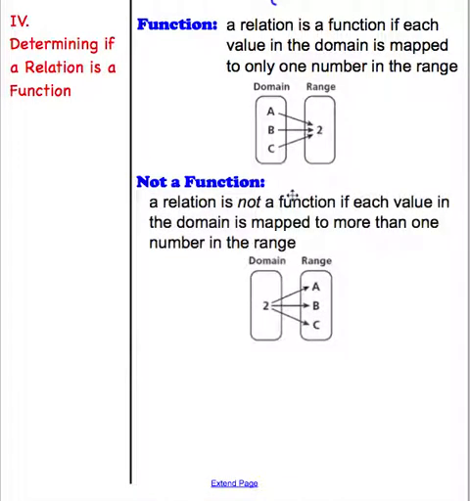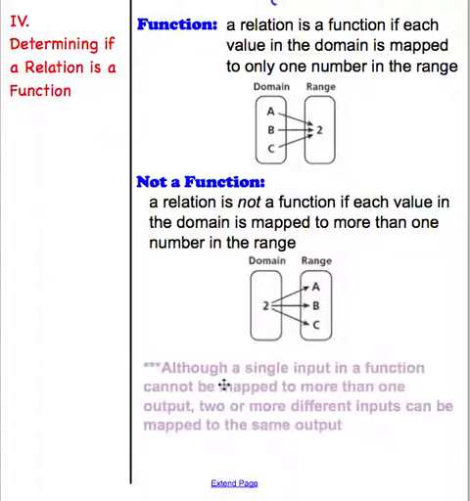because each value in the domain is mapped to more than one number in the range. In our case here, we have a domain of 2, and 2 maps to A, to B, and to C. Therefore, making it not a function because it maps to more than one value. And we're going to talk about what this looks like in a little bit with relationship to a picture of